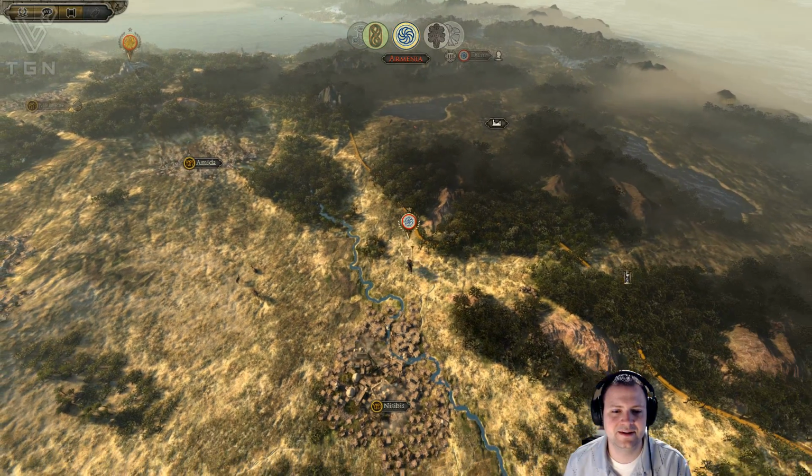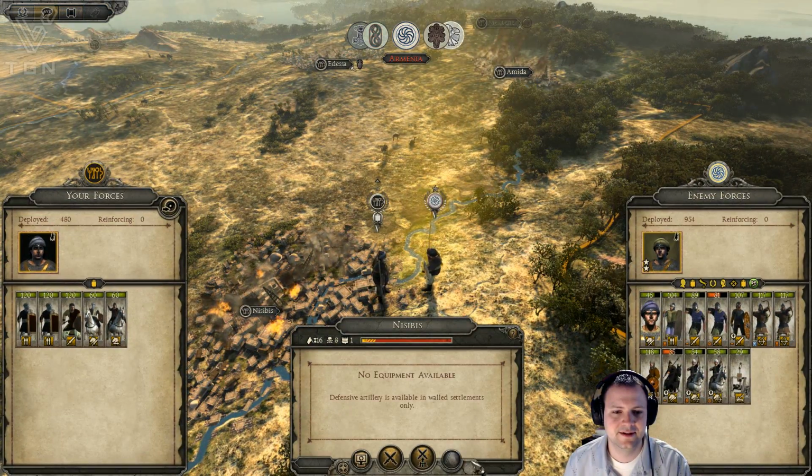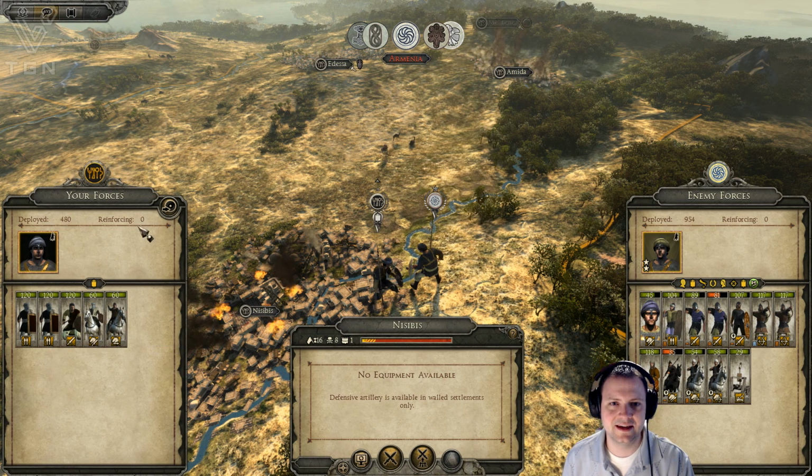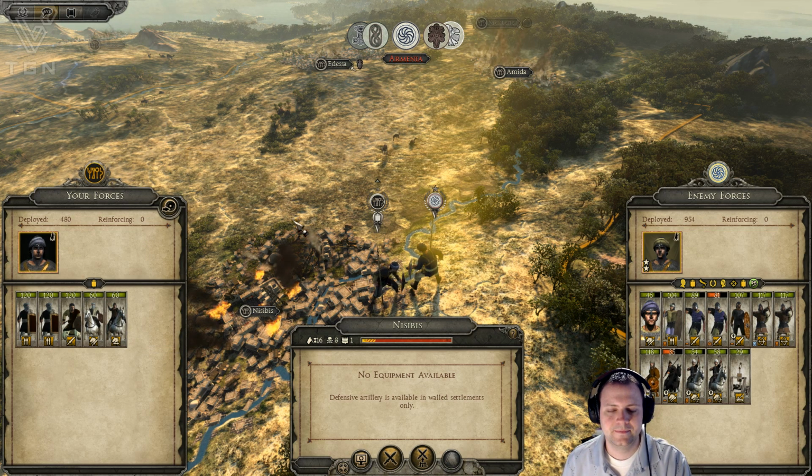Okay, here's an Armenian army dropping down to Nispis, which, I'm trying to think, they have elite Dalamite infantry. I mean, I could possibly win this by doing some rear charges and stuff. And it's probably worth fighting so that they can't jack this city up. Though I do think that I probably have forces nearby. But basically I'm out of time for this episode, so let's go ahead and call it good for